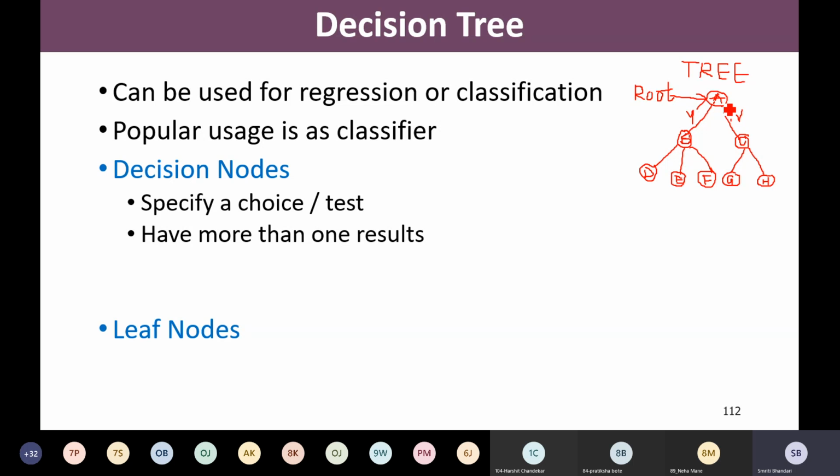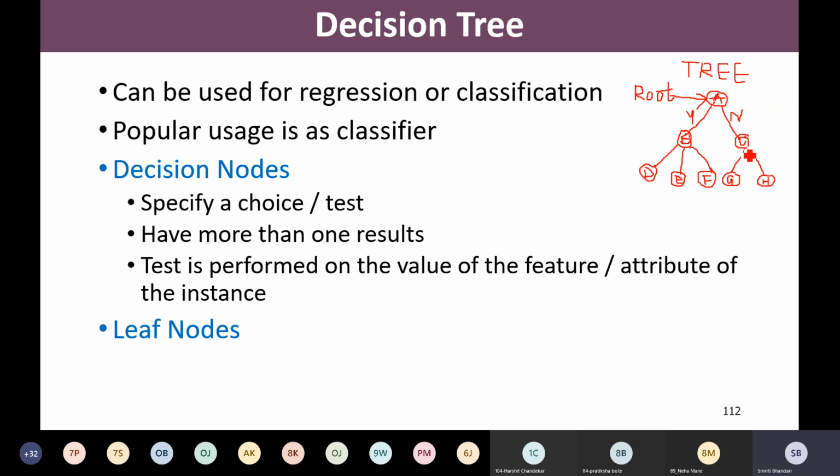So as the result of this decision at node A, we have two results, yes or no, and based on these two results, we'll have the nodes in the next level, right? So A is a decision node where we are taking some decision, and based on that decision we'll be following a certain path. Whatever the possible results for that decision, that many paths will be available in the tree.